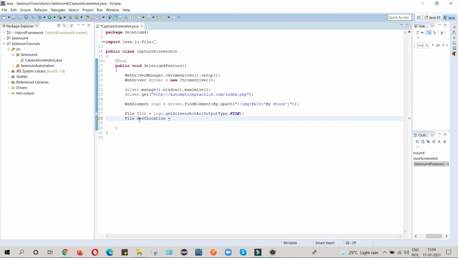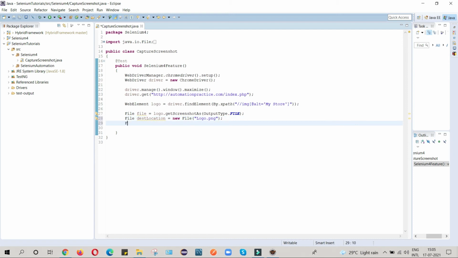I just defined destinationLocation equals new File, and here you can provide the path, otherwise you can give the name of the screenshot. So I can write logo.png. If you want, you can give the entire path so that this screenshot will be saved in that location.